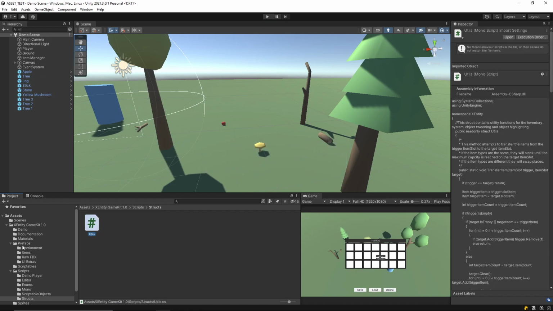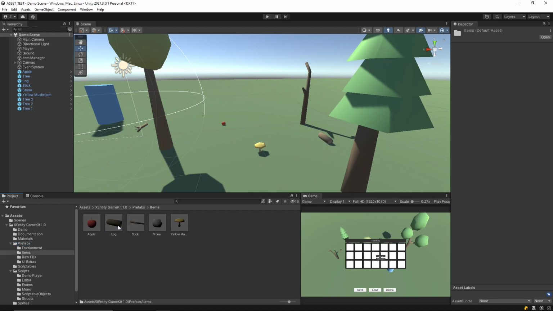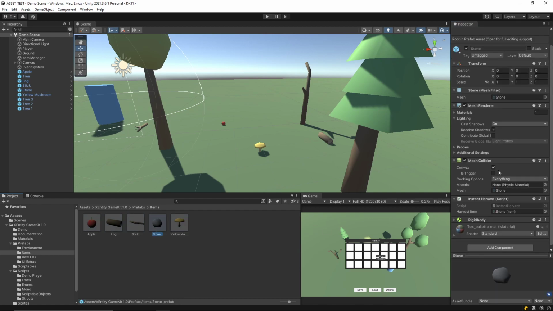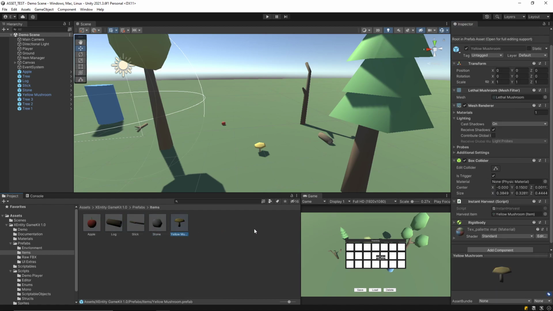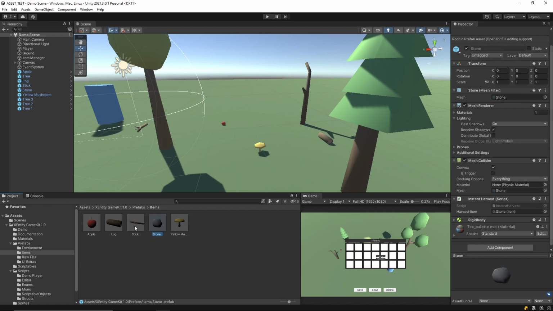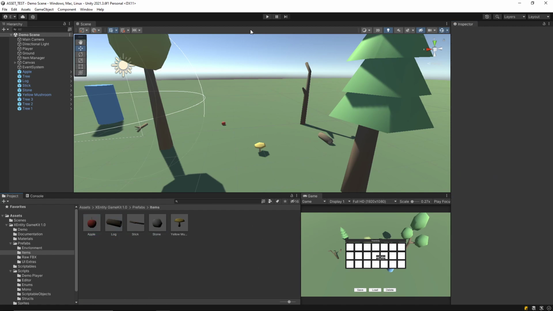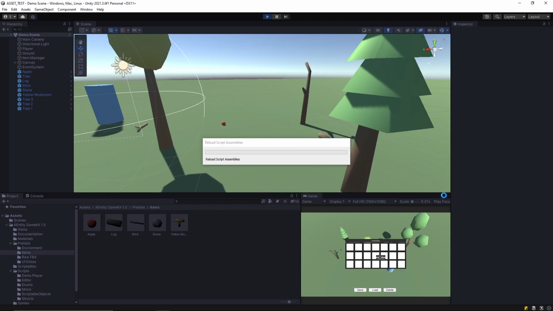Oh, also, if I go to prefabs, items again, we can see all of these items. They have a rigid body, and I think they do have colliders as well, but for example the mushroom is set as trigger. I'm just gonna uncheck that because otherwise it's just gonna phase through whenever I start the game, right? I wanna uncheck anything that's trigger. So all of these have actual colliders. Okay. Now if I start the game,